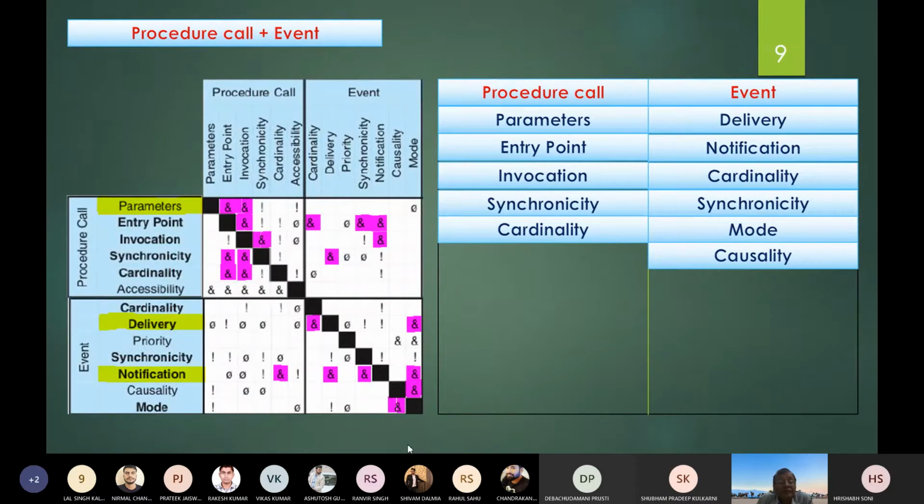Yes, sir. Entry point versus priority, you have put a restriction, right? What is the meaning of this restriction? Why did you put a restriction? Sir, the restriction indicates that the two dimensions are not required to be used together at all times. We might use them, but it is not required because the combination of their values might be invalid.